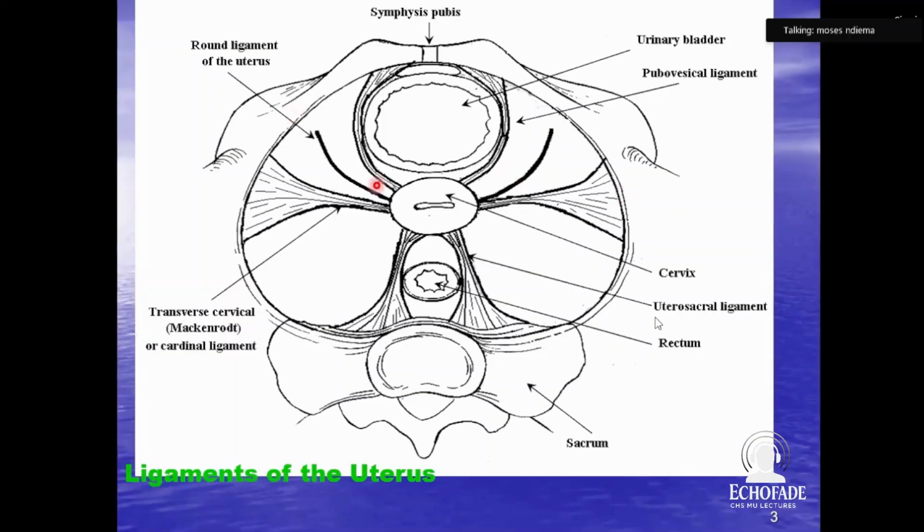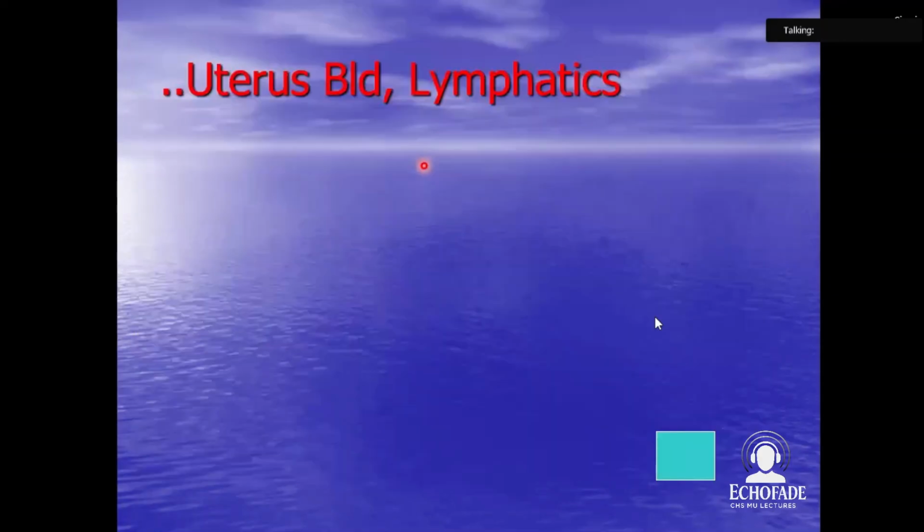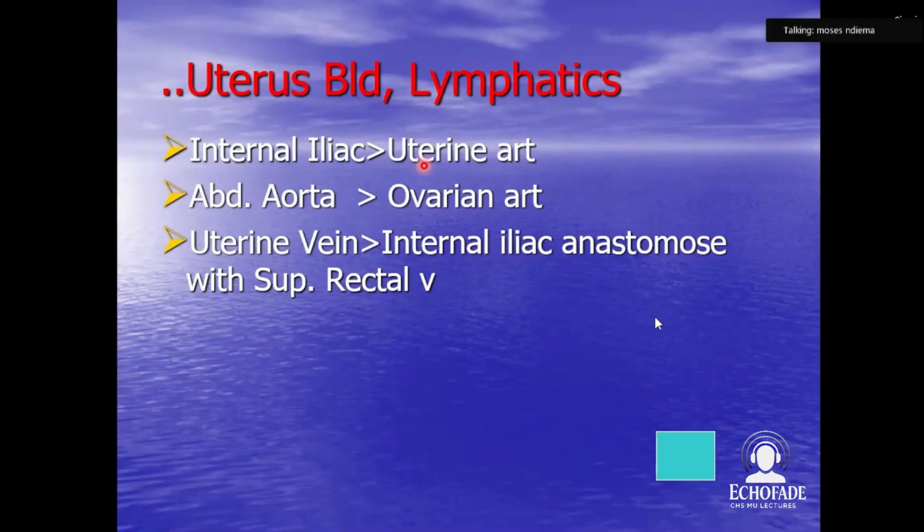That round ligament actually extends to the labia majora. And then we have pubovesical ligament attaching to the urinary bladder. So it's very well secured. And remember, the urinary bladder and the uterus and part of the lower reproductive system originate from the cloaca, which we talked about yesterday. For the blood vessels, we have the uterine artery, we have the ovarian artery